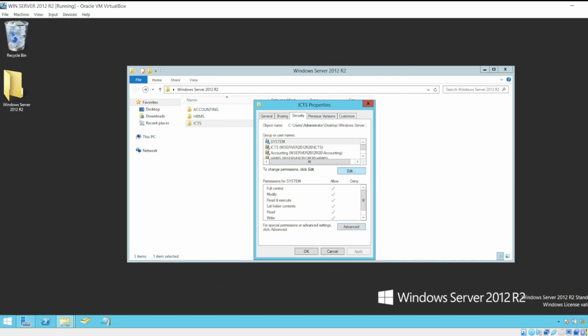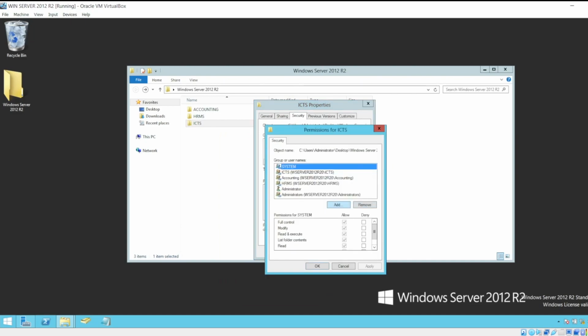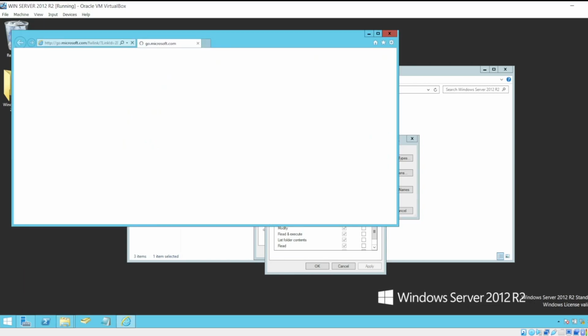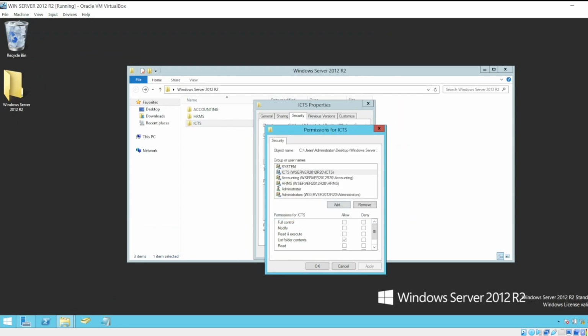Then go to Edit and add ICTS. Then click OK. Click OK again. Then Modify. The permission for ICTS would be